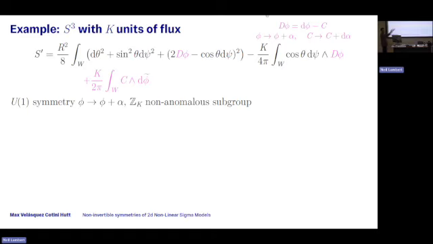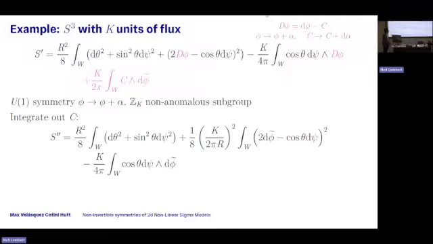But this now is just an action which is quadratic in C. So I can integrate out C. What do I get? I get this. So now let's interpret what we have. I still have a part on this S2 base, which looks like what I started with. I also have a part that looks like the Hopf fiber, but it comes at a different prefactor. And then I recover the same B field I had before.